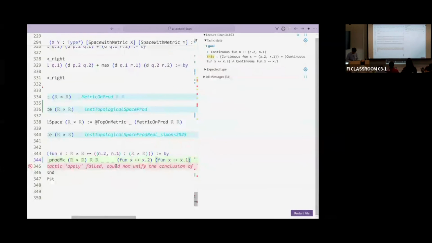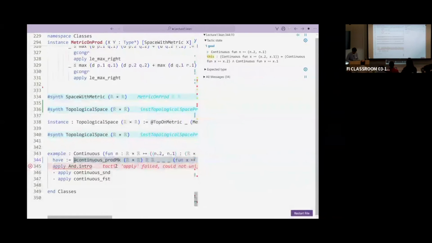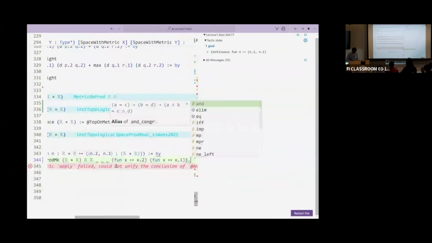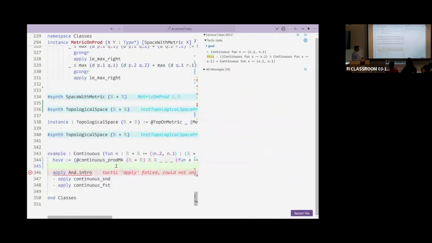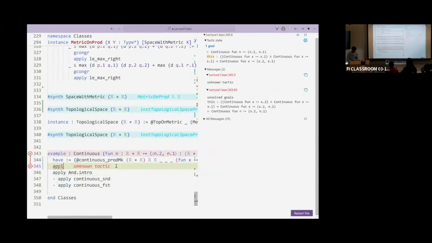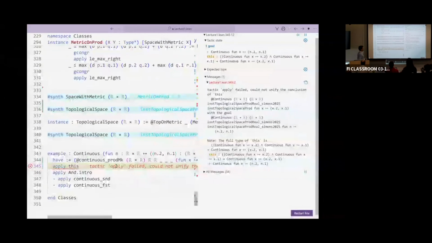Then I can take the first implication of these. And then I say, okay, really, it is the same thing. Continuous fun x goes from x.1 to x.2. So I apply this, and it fails. And now it really fails with a nice problem. But now you somehow see the problem.